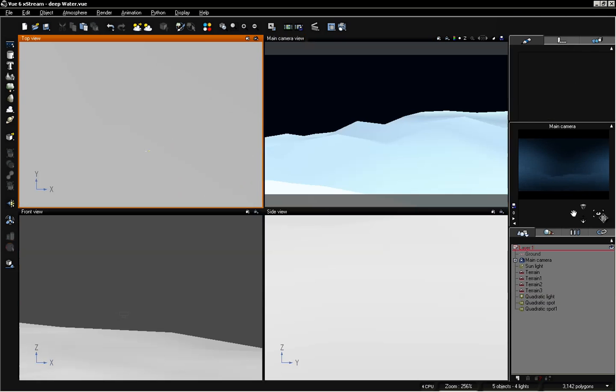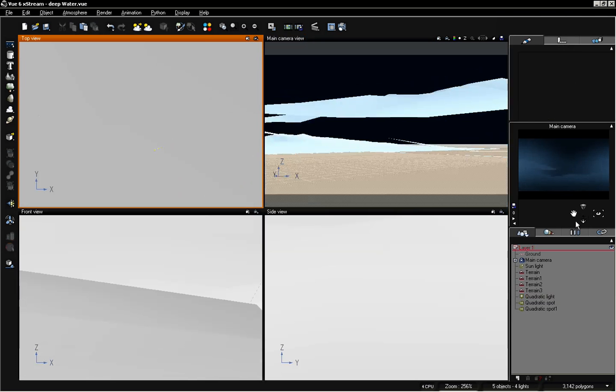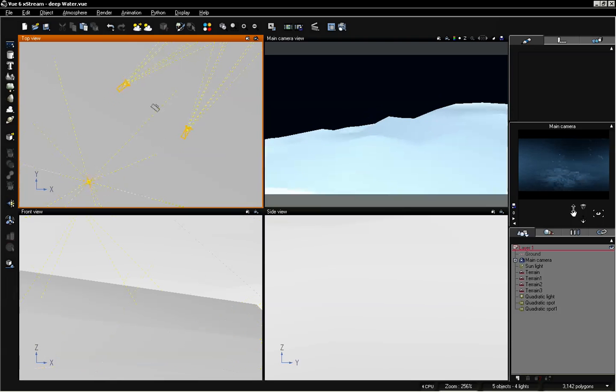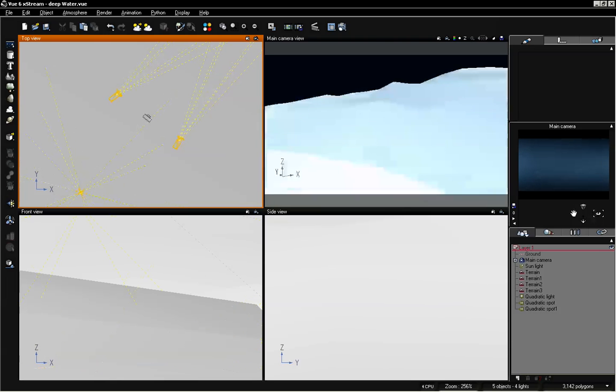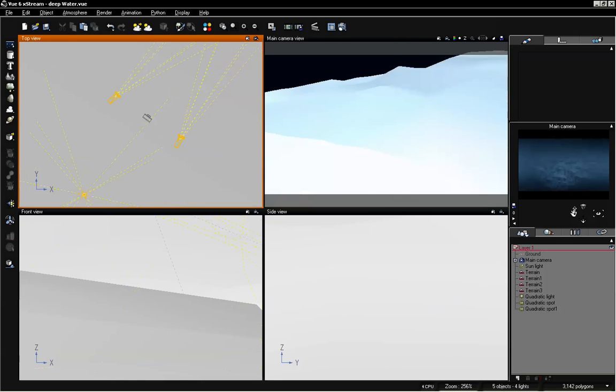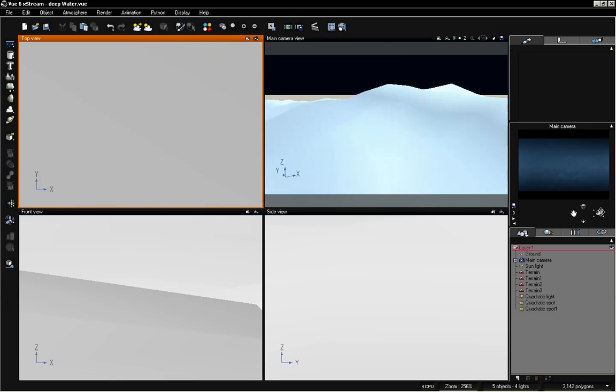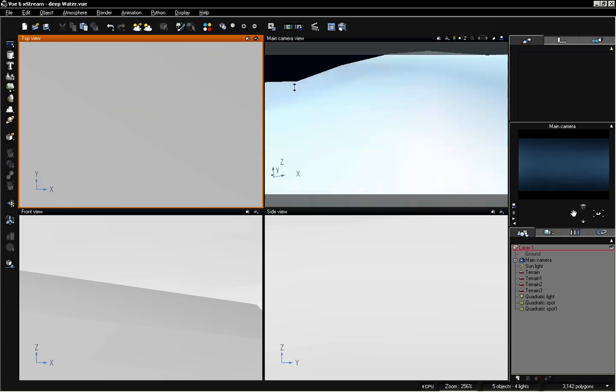We'll go ahead and take a look in our camera view, and now you can see we're inside of the terrain, so it does look a little strange. We'll go ahead and move that back up. And another thing you want to keep in mind is whether or not that light that is behind the camera is going to end up inside of a terrain. So if I was to move our camera over to this peak over here,